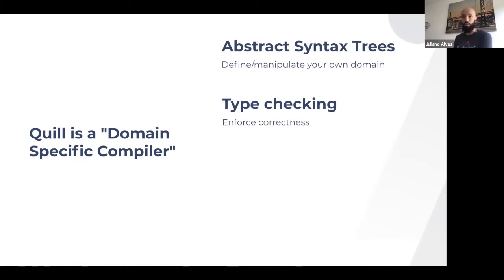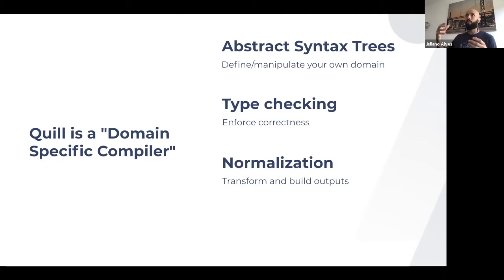If your code compiles, it generates correct SQL. That's the main idea. We have the normalization that we define, transforming and building outputs, which means that even though I'm using SQL as an example, we actually generate specific SQL for MySQL, Postgres, SQL Server, Oracle, and other slightly different databases, and sometimes very different ones. We can generate using the same quotation, running that with a different context.